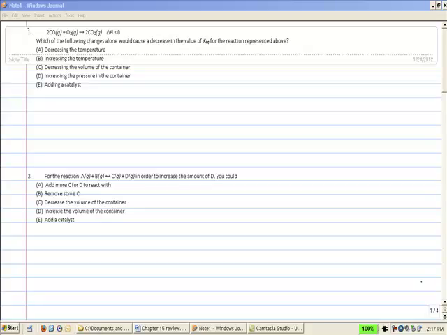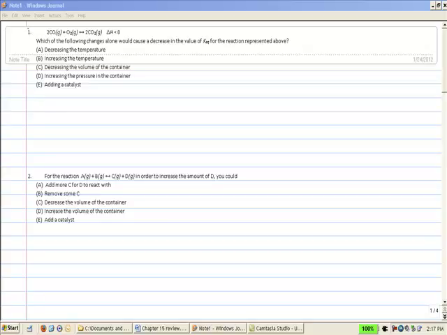Okay, this is the review for Chapter 15, dealing with equilibrium. We've got our 5 multiple choice questions, and then question number 6 is a free response question. So question number 1, we can see we've got 2 carbon monoxide molecules reacting with 1 oxygen molecule to make